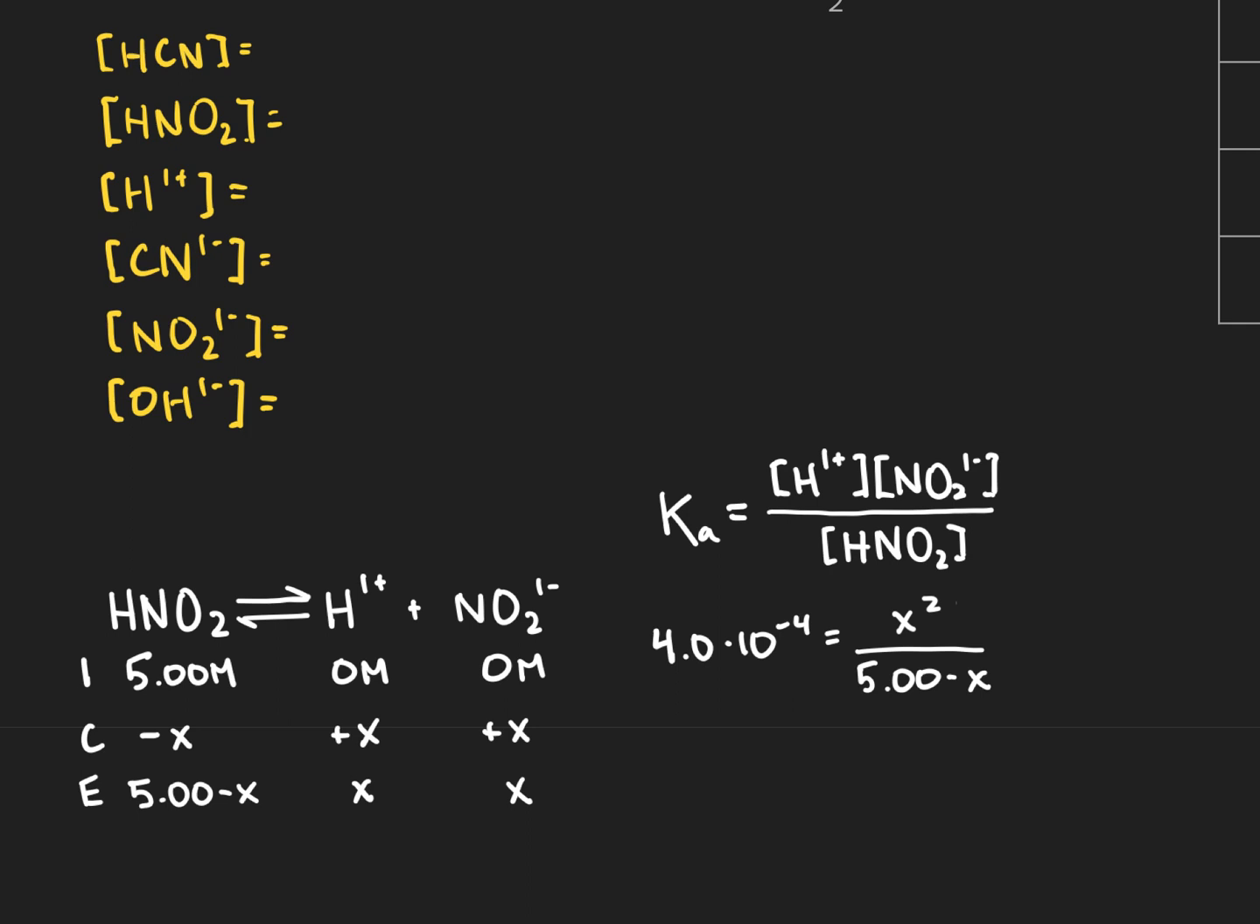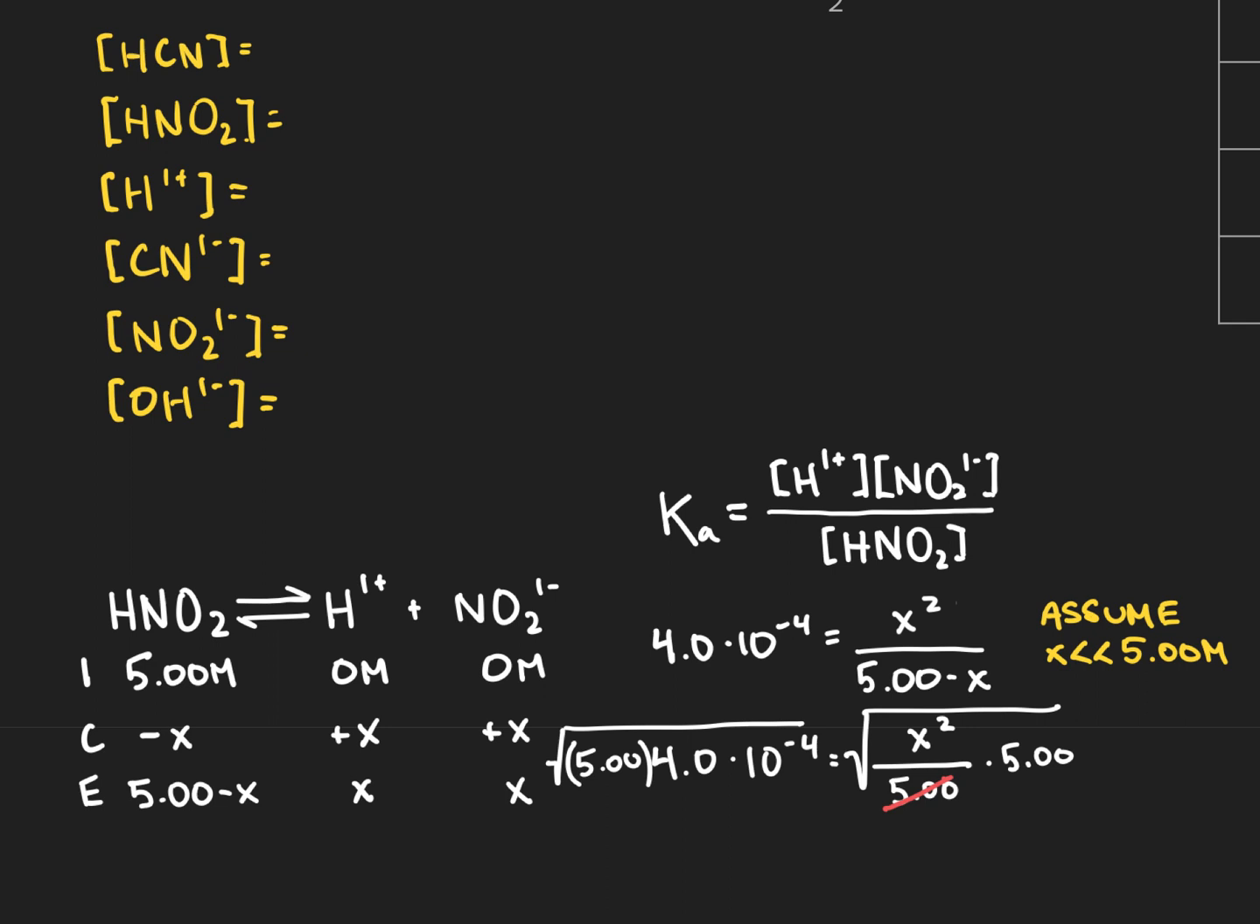And recognizing again, because I have a small value of K, that implies a small K assumption is appropriate here. I'm going to go ahead and assume that the value of x is very small compared to our initial molarity of 5 molar of that molecular acid. And as I do so, this simplifies my expression to the Ka value of 4.0 times 10 to the negative 4 is now equal to x squared divided by 5. Real quick solving here, multiplying by 5 and taking the square root of both sides gives me an x value in this problem of